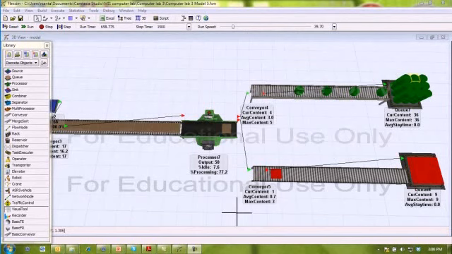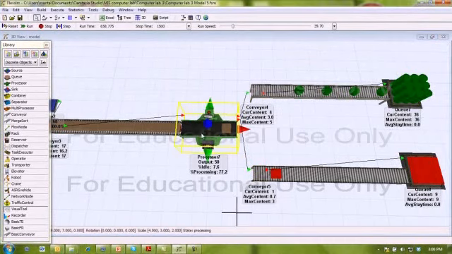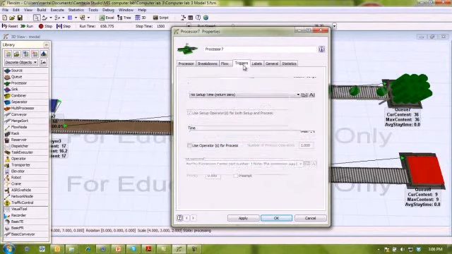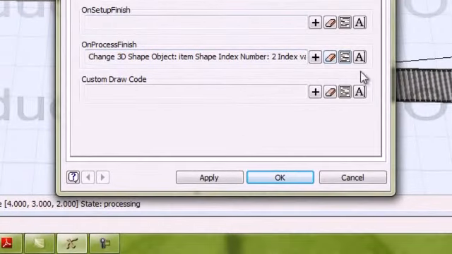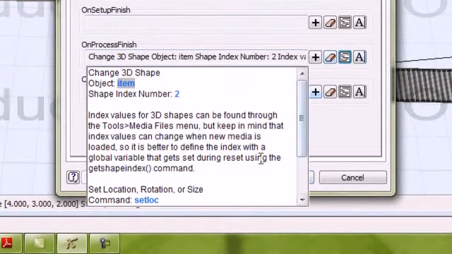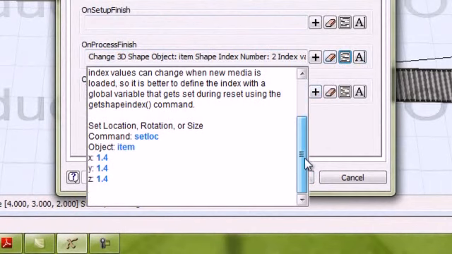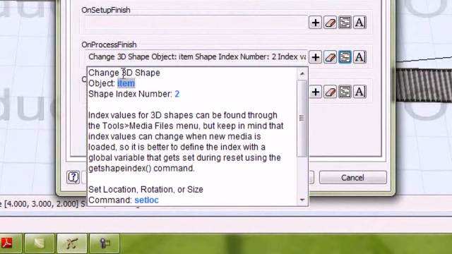Let's work now in the model 4A. The first thing that I have done is to change the shape of the items. So remember that we can do that in the processor, on triggers. You just go to on process finish or on exit, any of those two depending on what you want, and I just change the 3D shape. Alright, so what is the 3D shape? Change 3D shape to number 2, which is cylinders. Okay, remember that in the